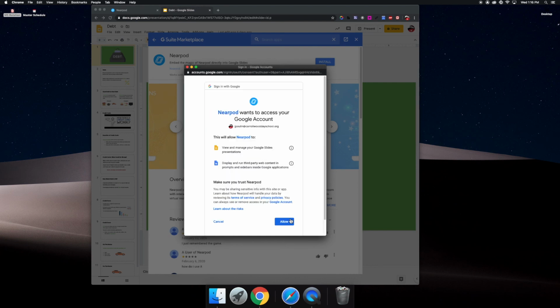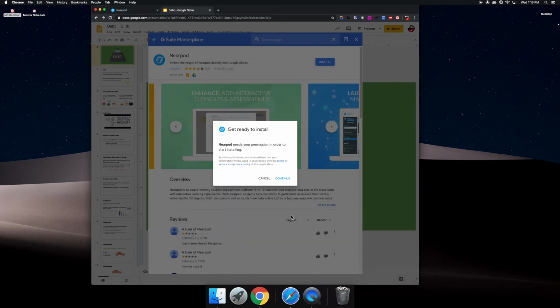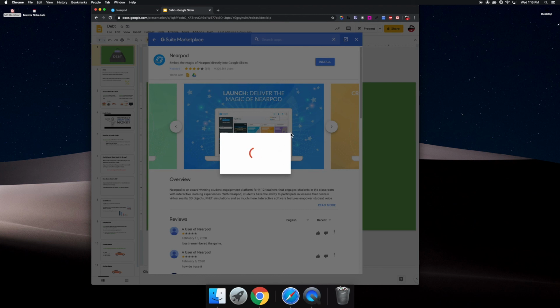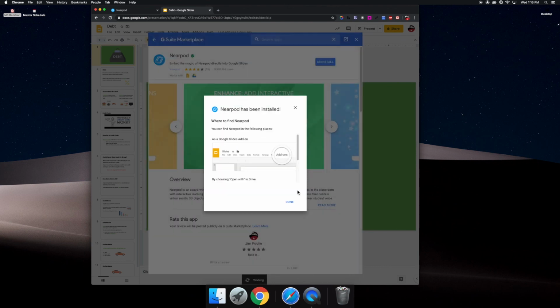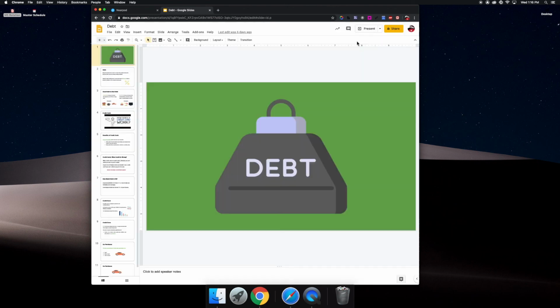and select my Google account, give it all the permissions that it needs to be able to run. It may take a few minutes the first time to get started because it is trying to access your Gmail, your Carrollwood Day School account. That way in the future you'll be able to just pull this up. So here we go, I have it. Now if I go up to my add-ons and select the Nearpod, I can open it, and